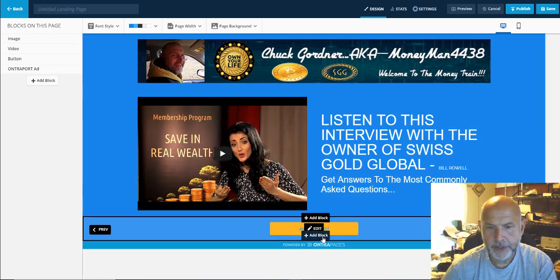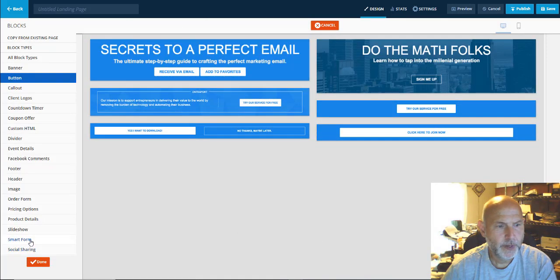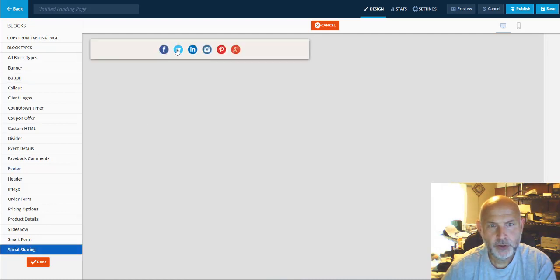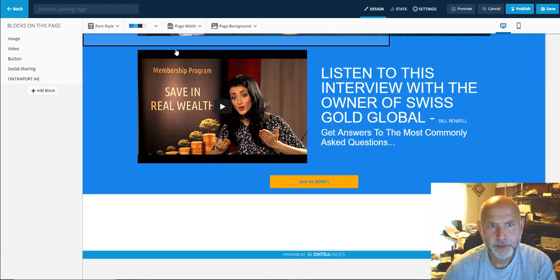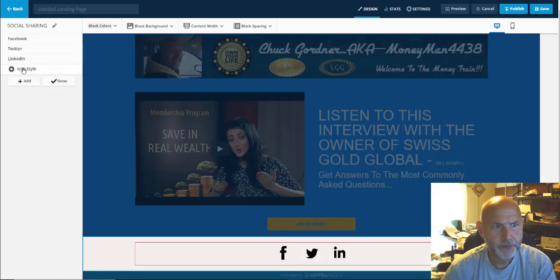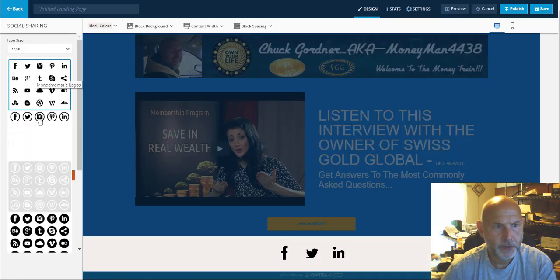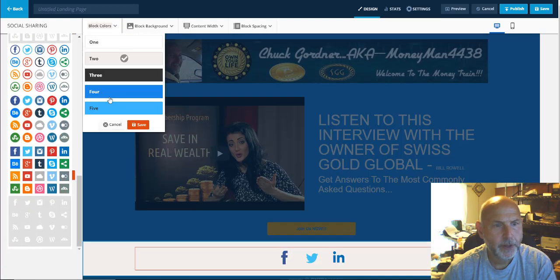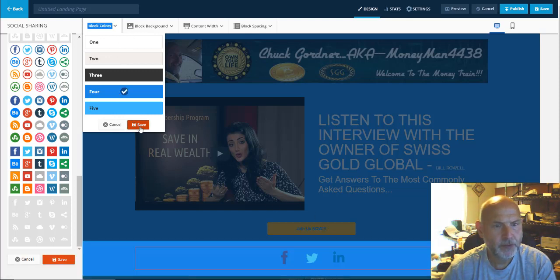Okay, so now you need another block. And I go to social sharing and add that in. And I'm going to choose to put in a social sharing block. If you click on your social sharing block and click icon style, you're able to choose then the icon styles that you want to have. Here across the top, you're able to change the color in the background and everything the same as you would if you were down here clicking on that pencil. So we choose 4 and you save,